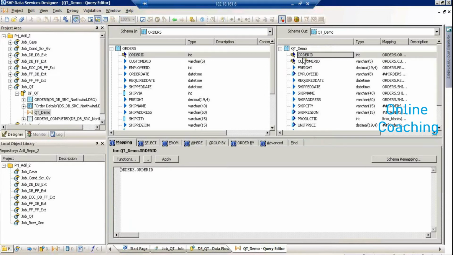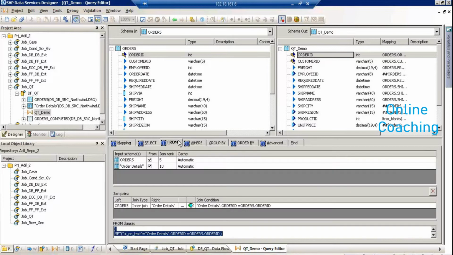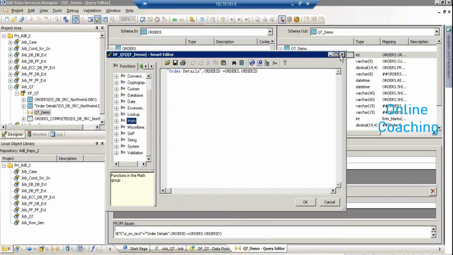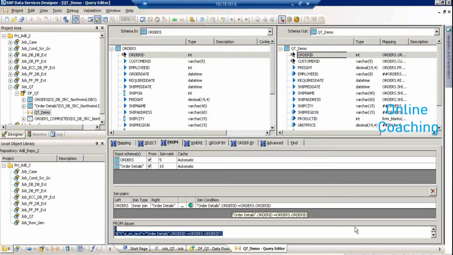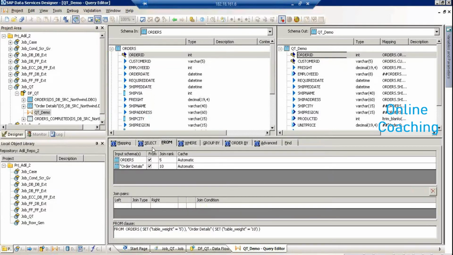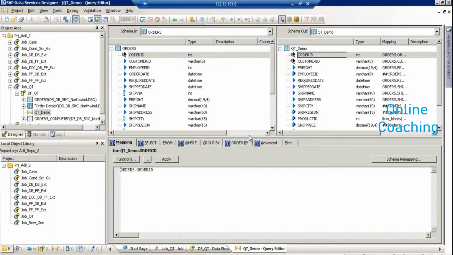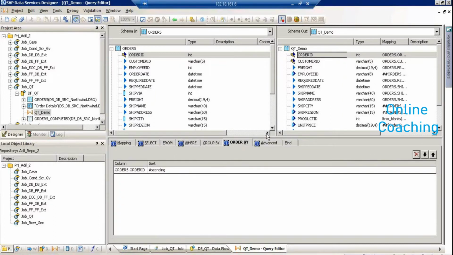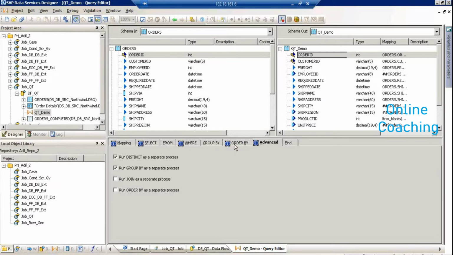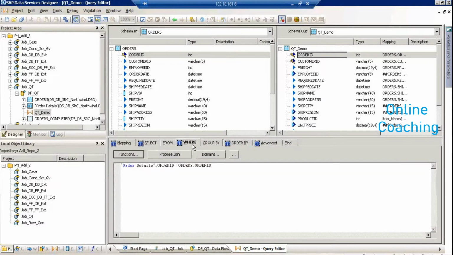Alright, so when you are trying to push data, yeah, I'm in the same job. If you are trying to push the data from two different tables, what kind of a join did you give? Inner join, and then here you are doing an inner join. So there is no need for you to do an inner join here when you are doing it in the where clause. Do it in one place. So I'm just removing it from here. You can select distinct, mapping, you want to do an order by, that's fine, advanced, okay, order by, where condition,